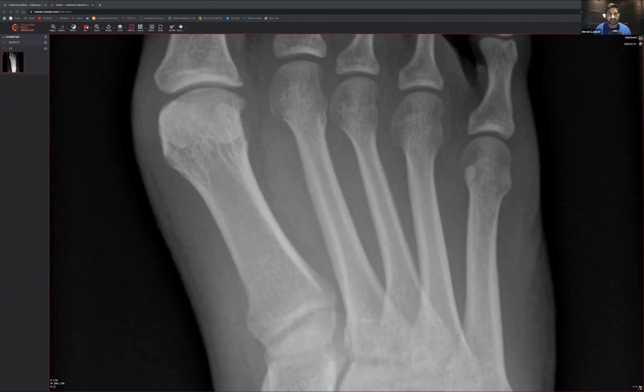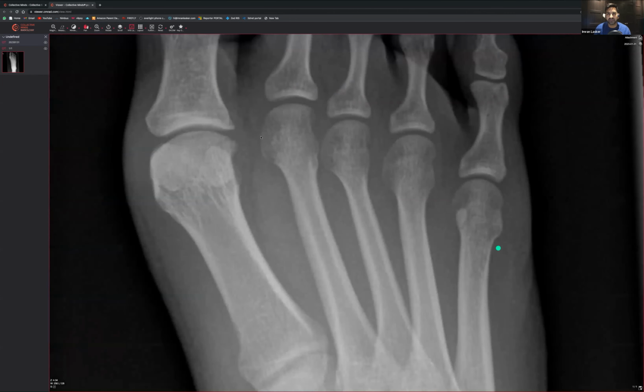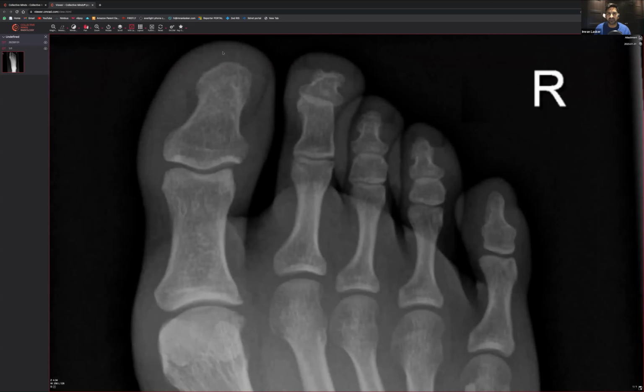The next place I would highly recommend looking is the metatarsal heads. Go metatarsal head, metatarsal head, because in those areas you get something called a Freiberg's infraction, which is basically an avascular necrosis type thing, and can happen as a result of lots of marching. And then the other high yield area, a bit like that thumb we saw earlier, is the little toe, because people stub their toe and then get little fractures along there.